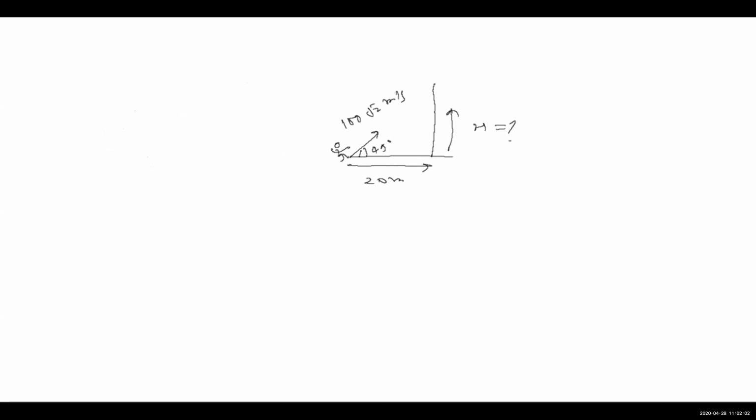So the particle is thrown with the 10 root 2 meter per second speed at an angle 45. And from the point of projection, there is a ball at a distance 20 meter. We have to calculate at what height this ball will strike the wall. Condition, equation. The speed is 100 root 2.